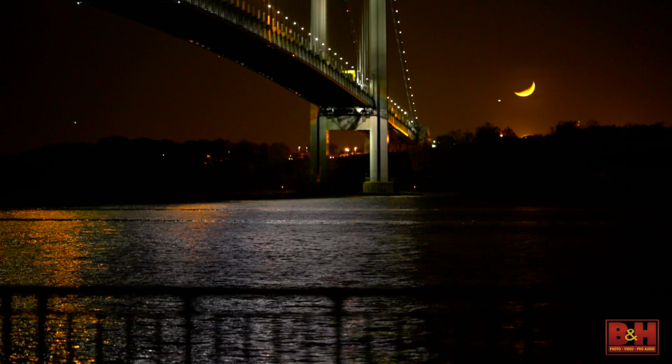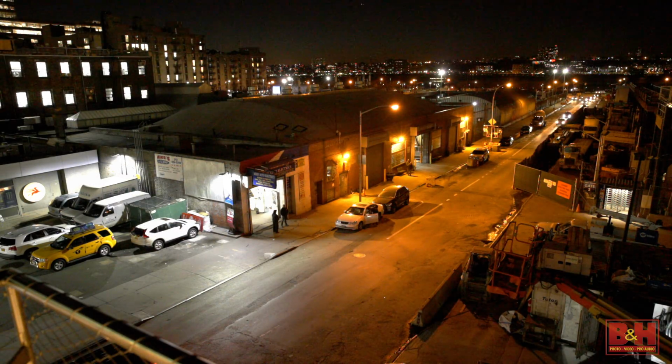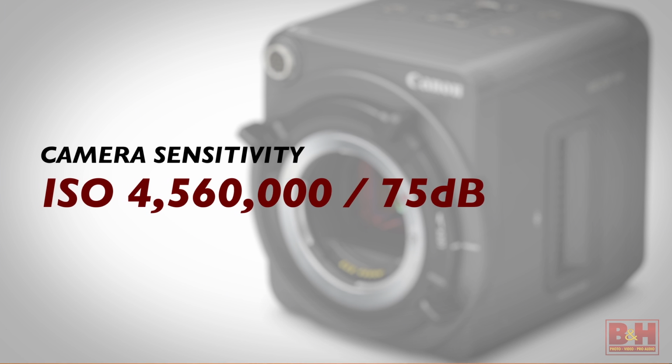Wouldn't you like to see in the dark? What if you could get that shot with fewer lights, and only rely on ambient light? With the new Canon ME20F-SH, things may not be as dark as they appear. Capable of reaching 4,560,000 ISO, or 75 dB, the ME20 is without a doubt one of the most sensitive cameras